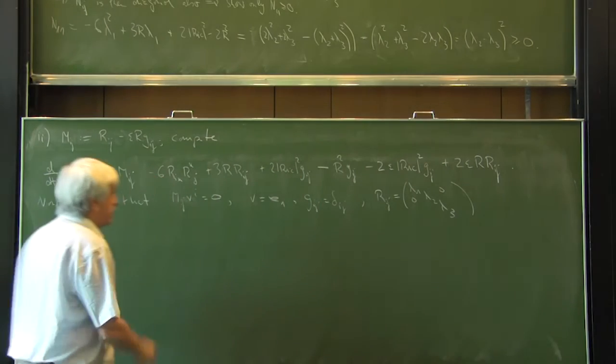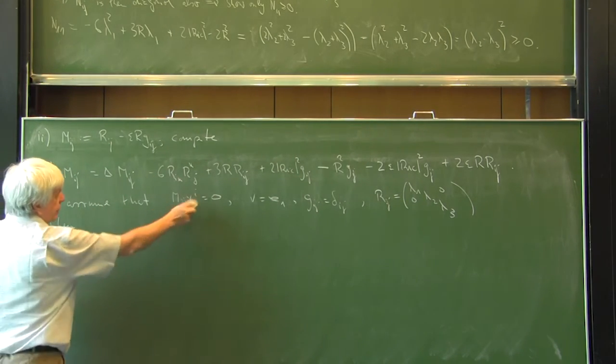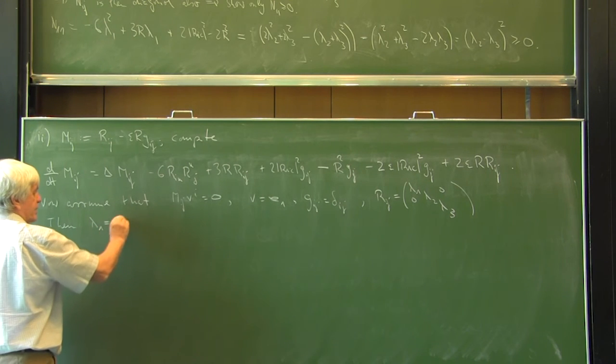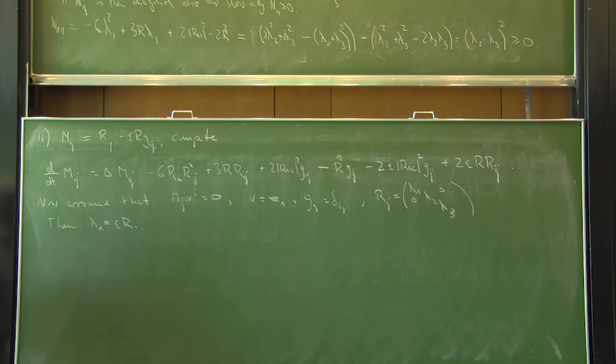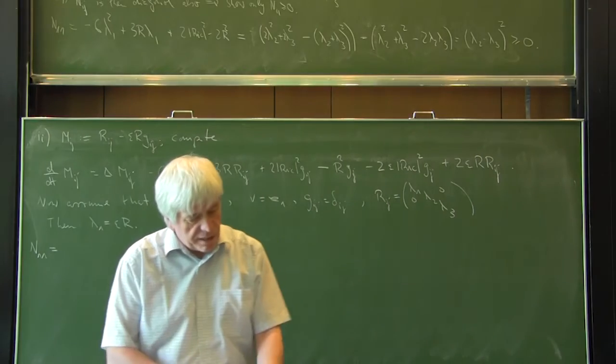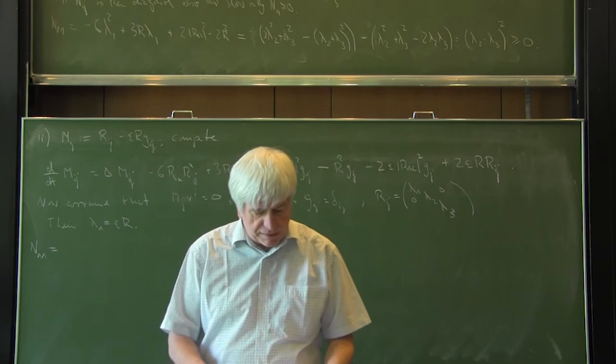Then, if Mij Vi is 0, we have that lambda 1 is equal to epsilon times r. And then N11, in this case, is just this whole right-hand side. And when you write it down, what you end up with is,